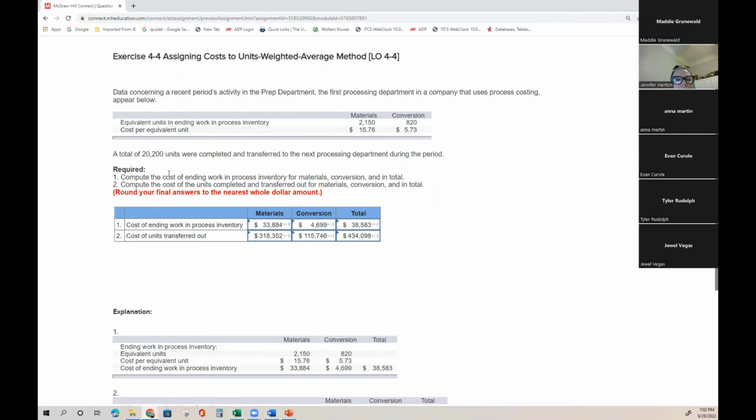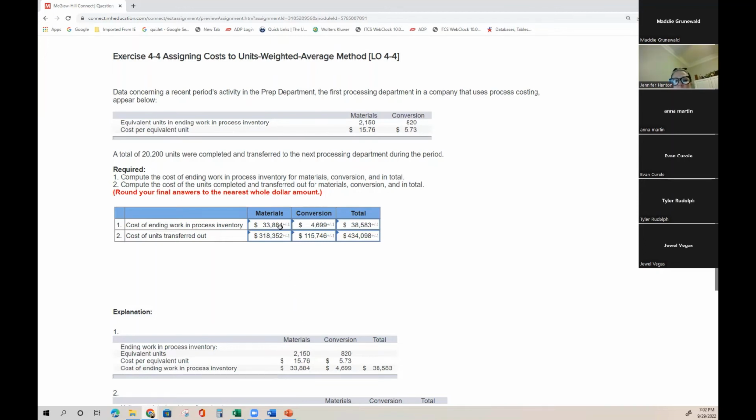Maybe they're giving us information that we don't even need. All right, so how do I figure out the cost of the ending work in process inventory? Well, we have to look at what information it gives us. The ending work in process had 2,150 in materials. Its cost per equivalent unit is 1,576. Well, that's all we need. We just have to multiply that together. So when we multiply it together, we get